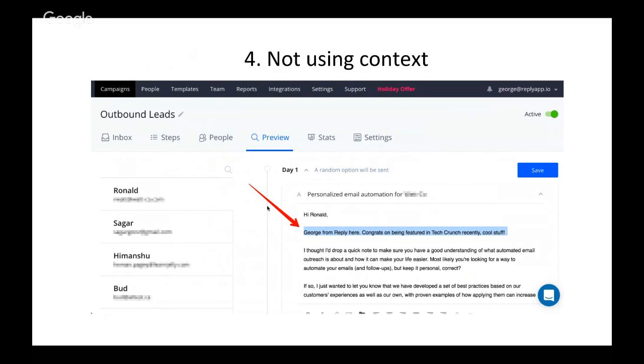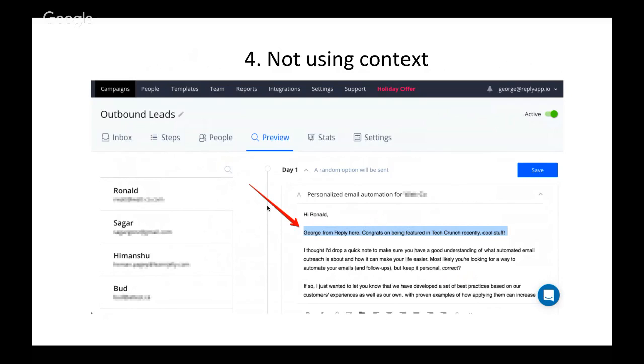People who create those email campaigns try to cover as many contacts as possible with the same email campaign, with the same messaging, with the same email copies, which leads to those emails sounding generic and unconvincing.